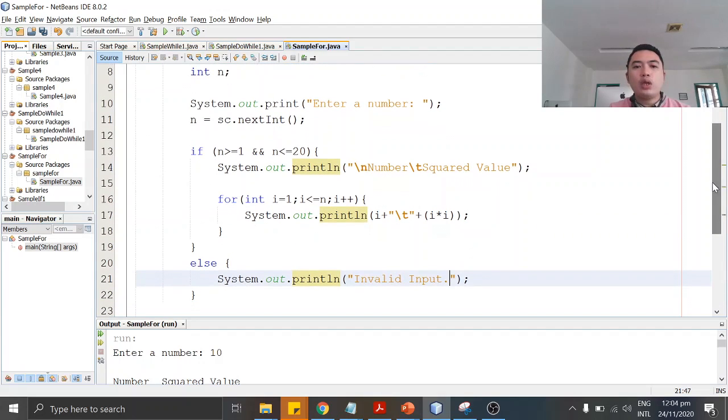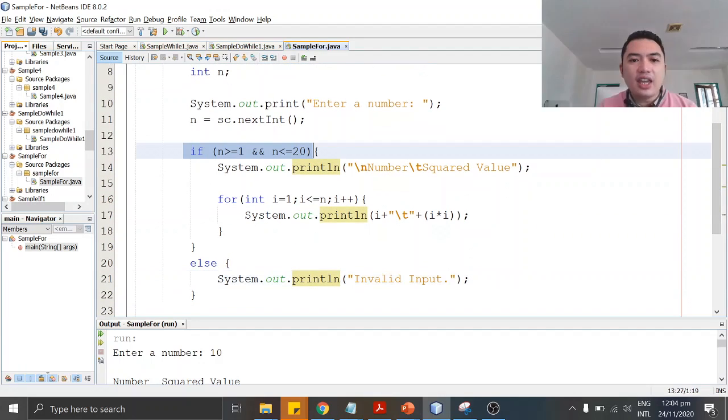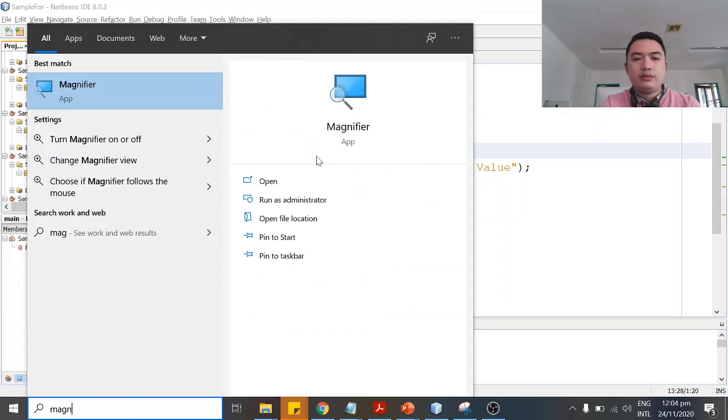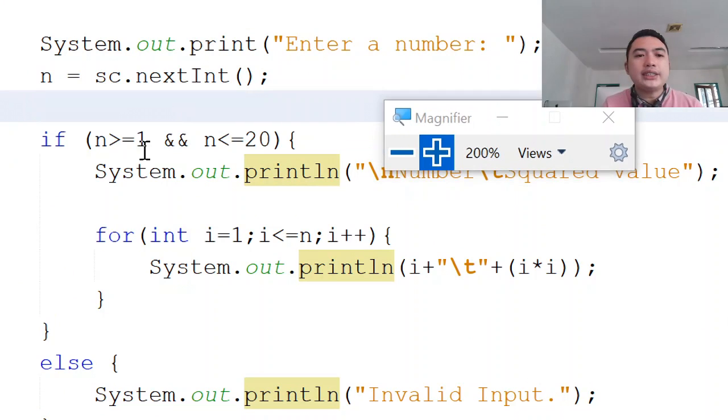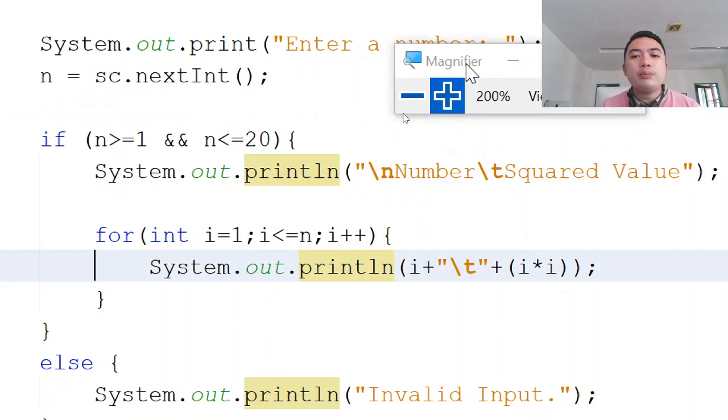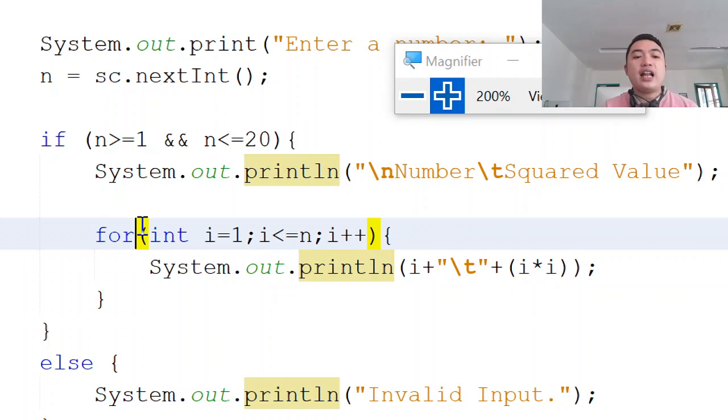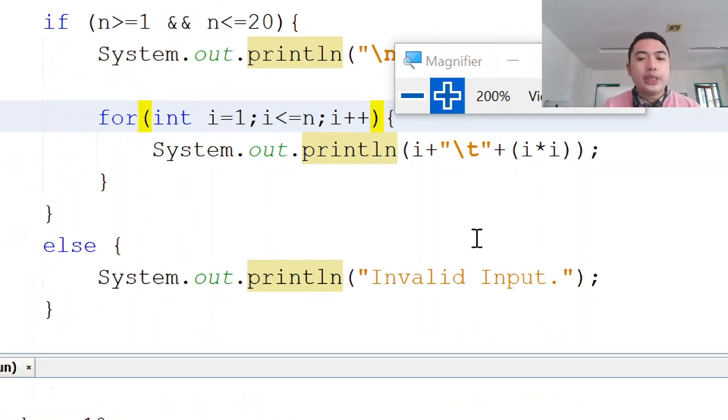So what we did is we put an if here. Our condition is n is greater than or equal to 1 and n is less than or equal to 20, so we proceed to printing the squared values. Else the program will print invalid input.